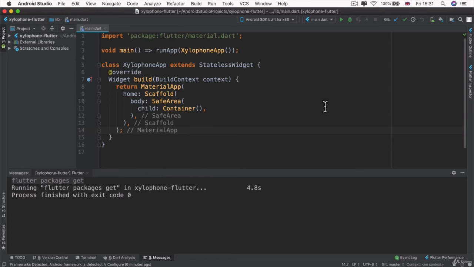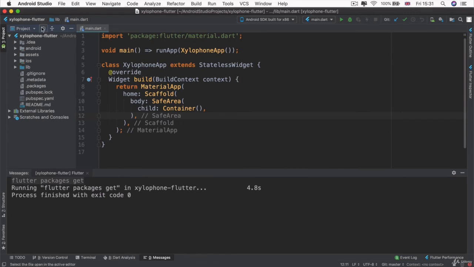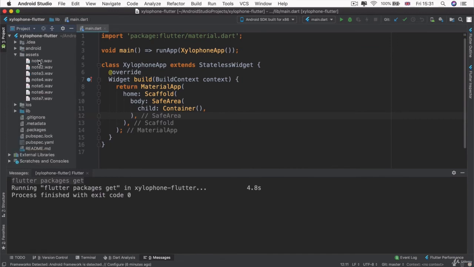Now, feel free to run the app if you need to, but you can pretty much see that this is just an empty scaffold. We've got a body, which has a container that's contained within a safe area so that it doesn't bleed out to the edges. The only thing that we've added to this project is a folder called Assets. And inside that folder, we've got 7 sounds, and these will be the 7 sounds that our Xylophone app will